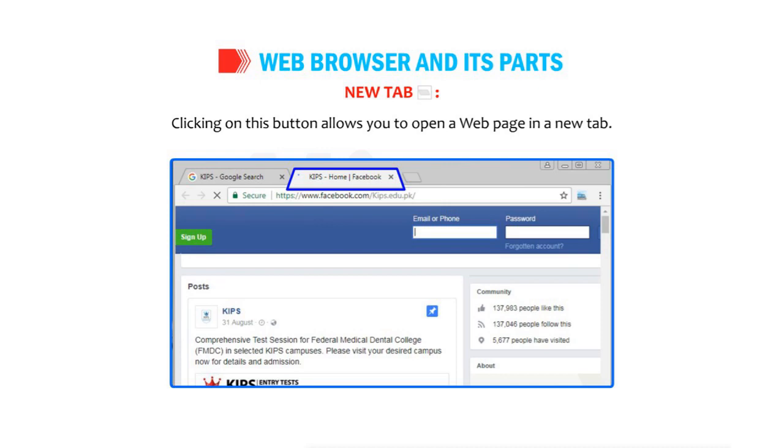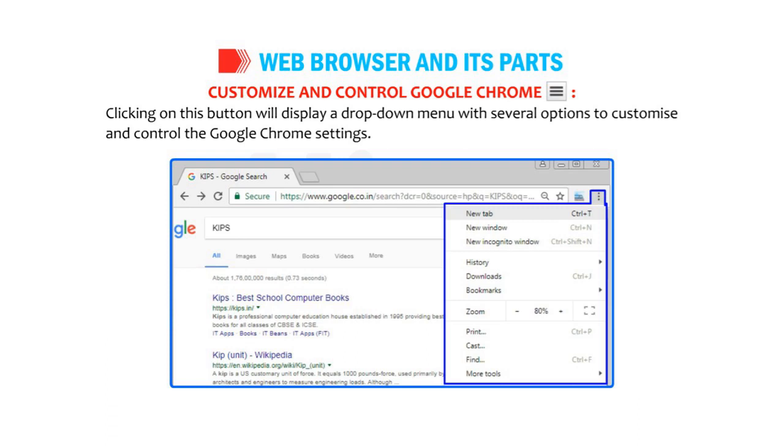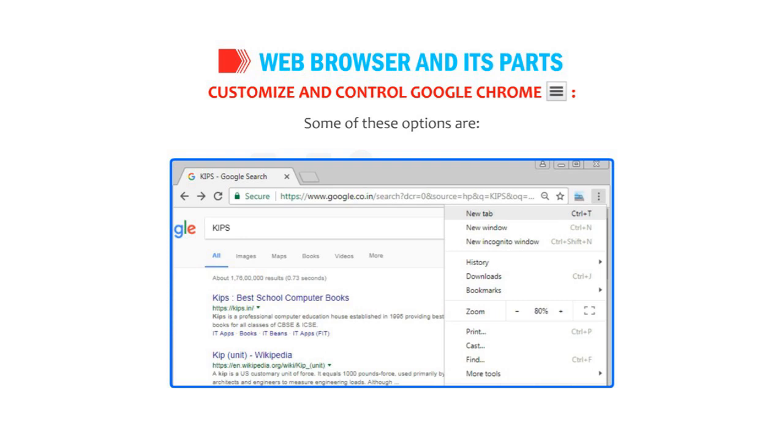New tab. Clicking on this button allows you to open a web page in a new tab. You can also open a link in a new tab by right-clicking on the link and selecting the Open Link in New Tab option. Customize and control Google Chrome. Clicking on this button will display a drop-down menu with several options to customize and control the Google Chrome settings. Some of these options are